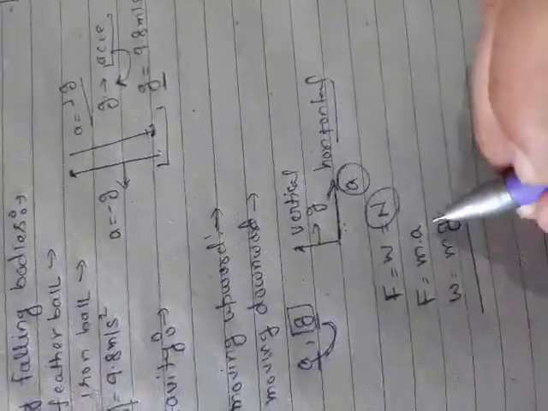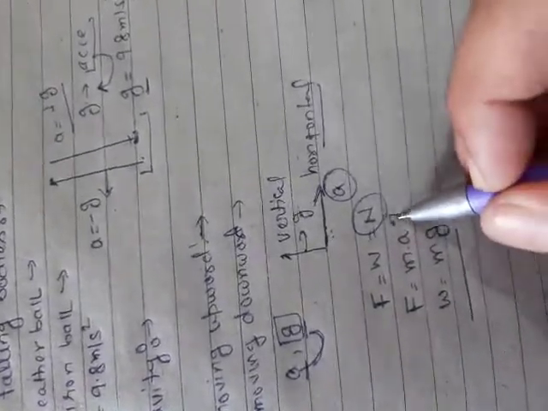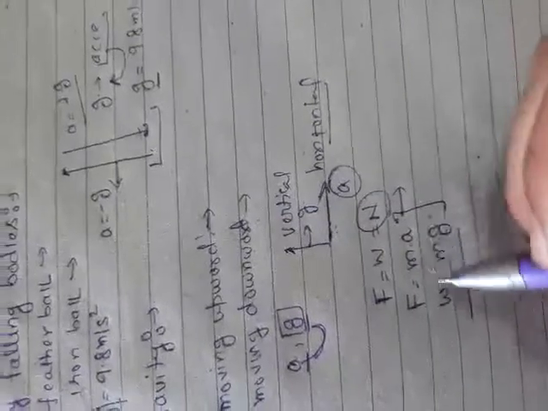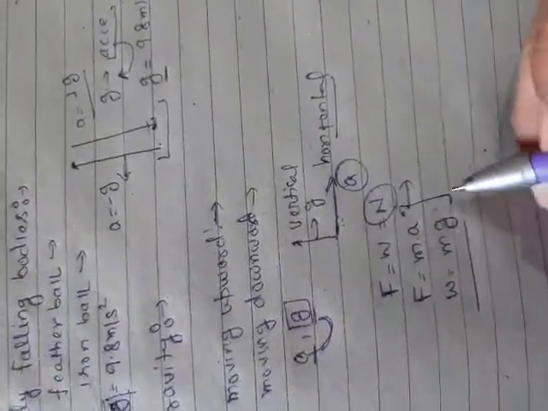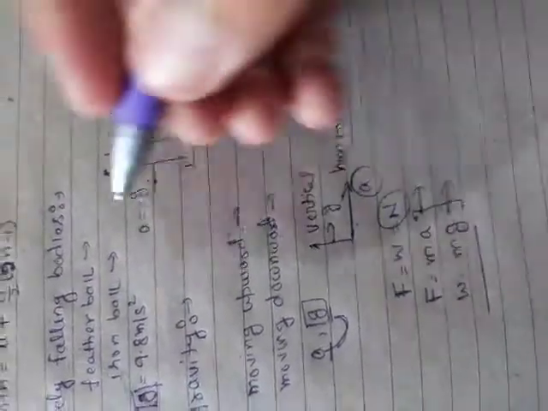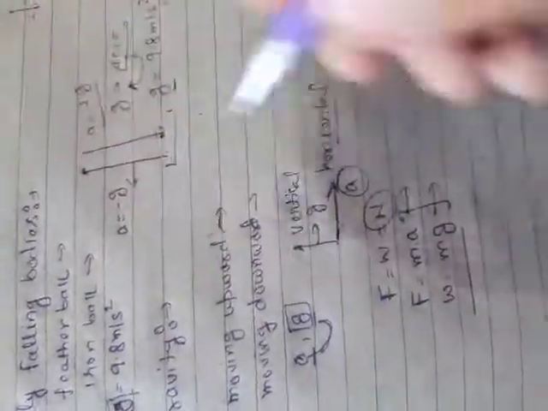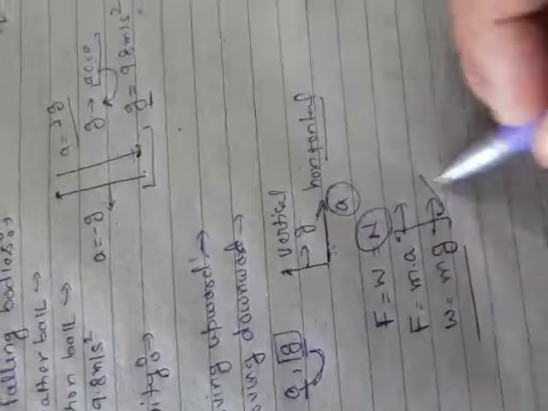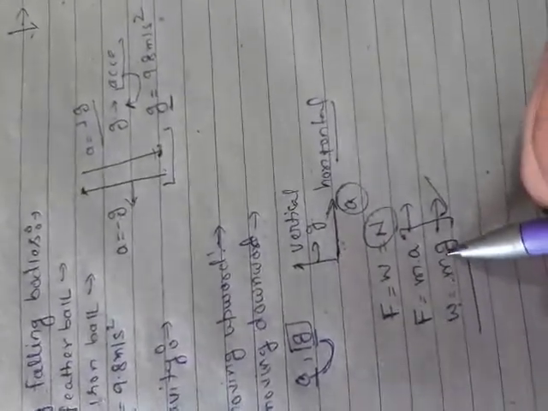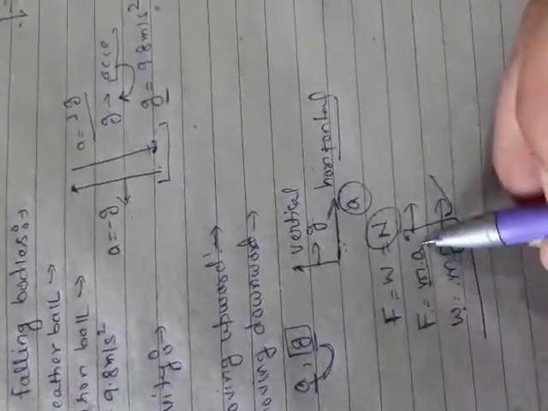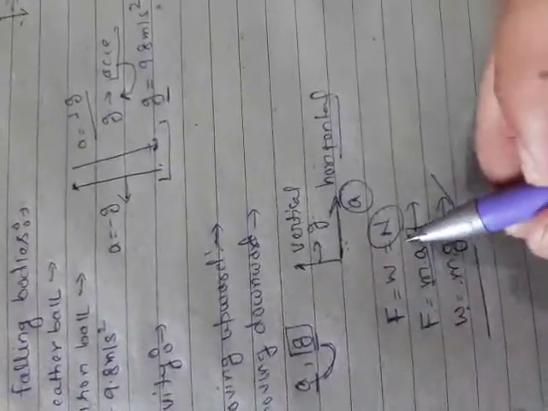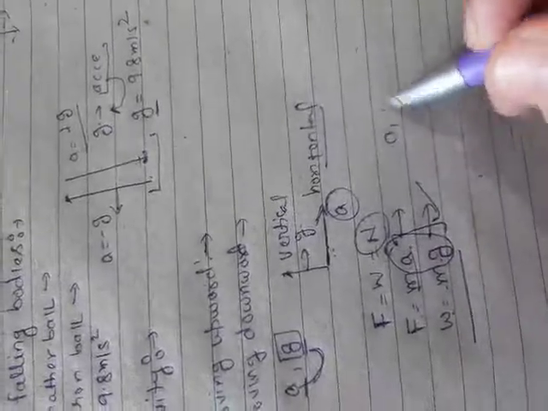In this case the body is moving horizontally, and in this case the body moves upside or downside, vertically. When the body falls towards the earth or moves away from the earth, we take the concept of weight of the body. W is equal to mg, and for horizontal motion, the force applied is mass into acceleration. So we can differentiate between them by a and g.